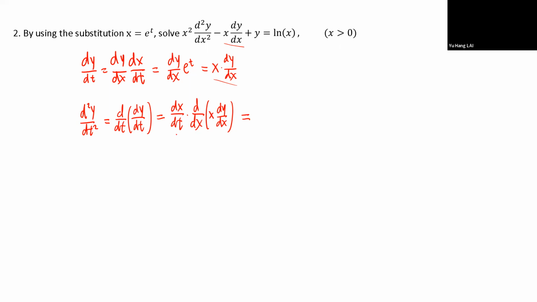So first of all, the dx dt, again, is just x itself. And then I use a product rule for this derivative here. If I use product rule, what I have is dy dx plus x times d square y dx square. So that means